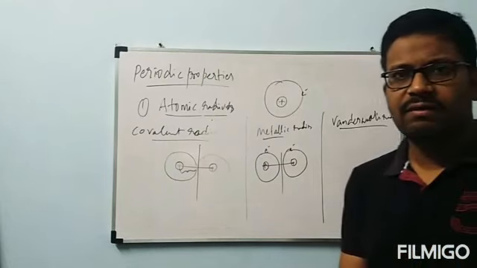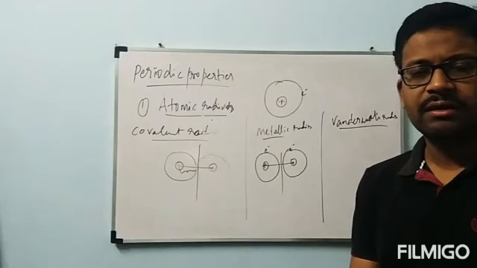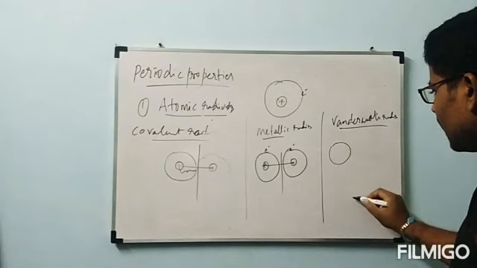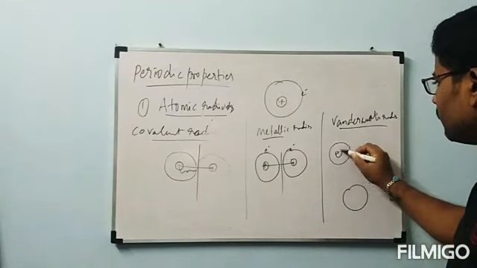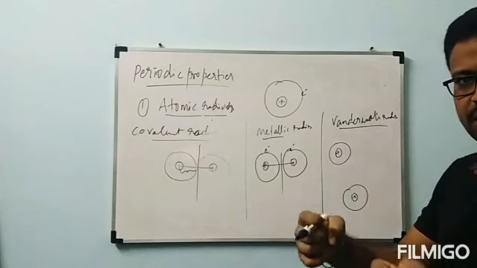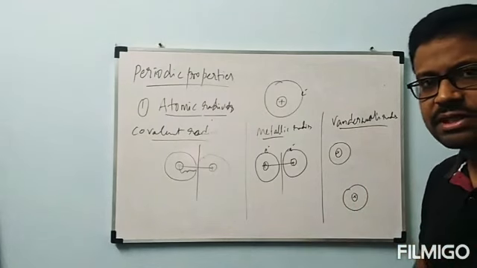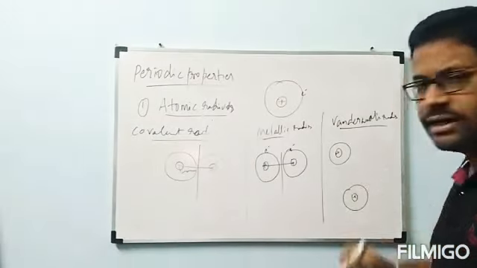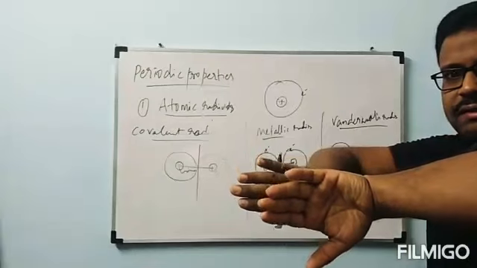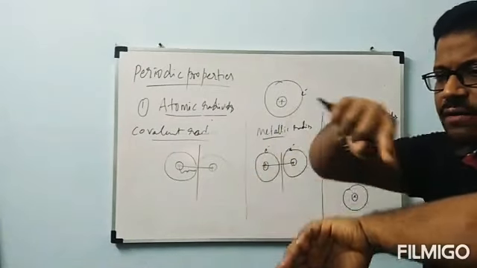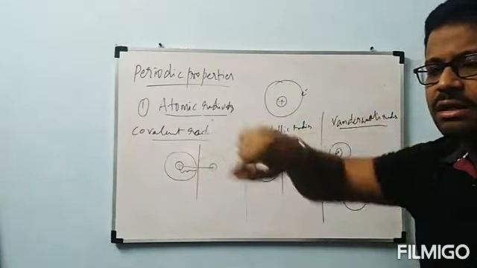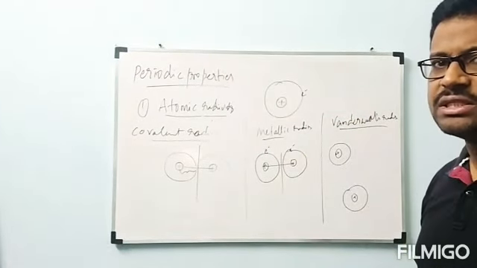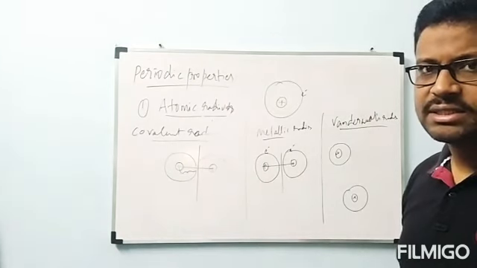Some atoms which are not involved in bonding, those are inert gases. In that condition, one inert gas atom and another inert gas atom will be approaching each other. They are present with which forces? Van der Waals forces. They are approaching each other and they are going to collide. Exactly at the point of collision, we have to record the distance between nuclei, and that is called internuclear distance. Half of that internuclear distance is called van der Waals radius.